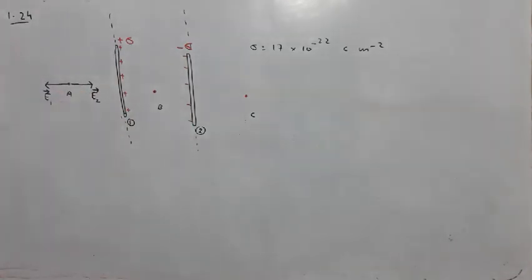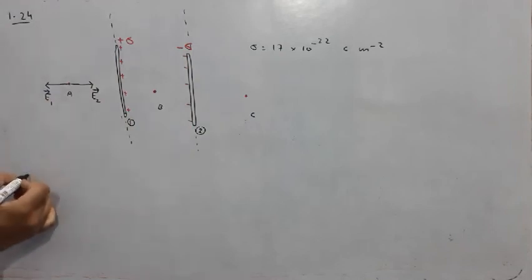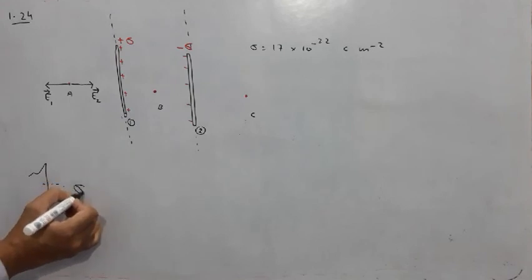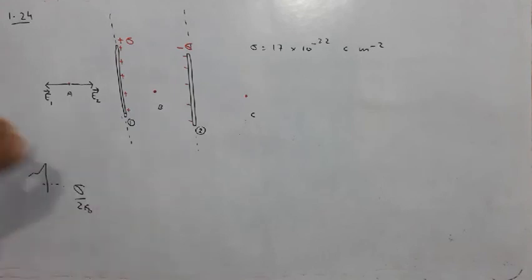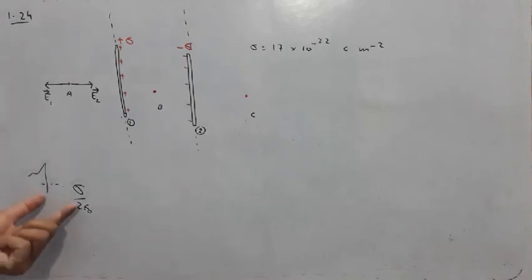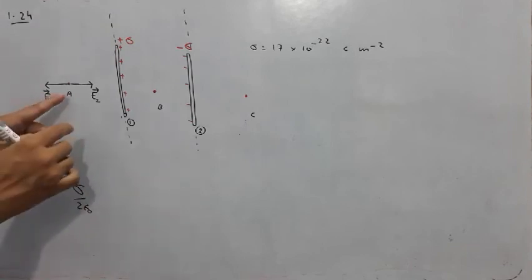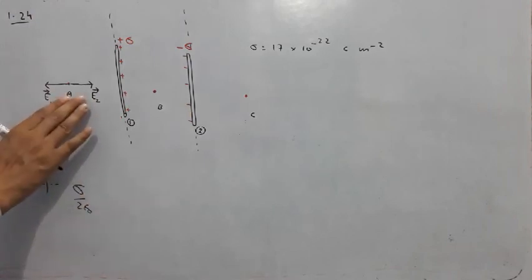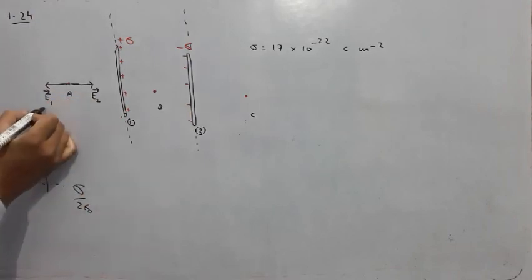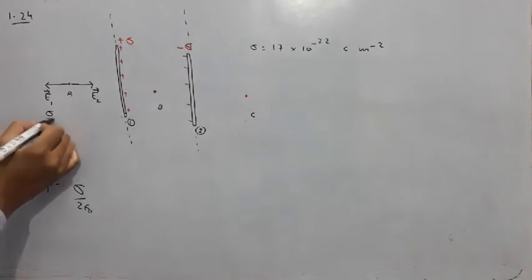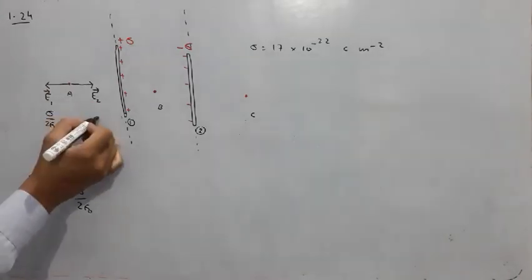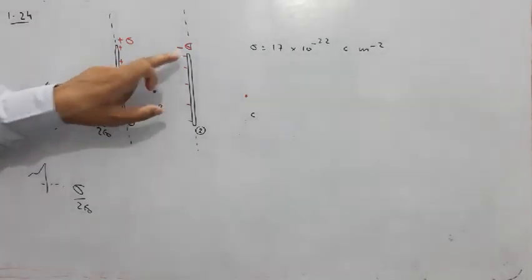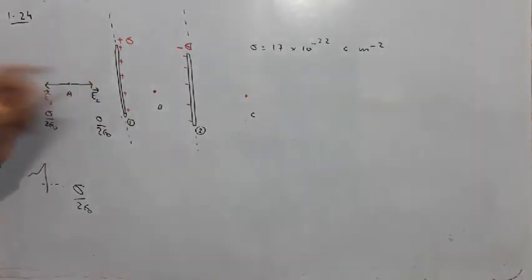Now what are their values? Today itself we have discussed, students, that due to a plane sheet of charge, the electric field at some point is given by the formula sigma by 2 epsilon naught, and I have told you it does not depend upon the distance. So this point is at a different distance from them, but the distance will not come in the formula. E1 will be how much? Sigma upon 2 epsilon naught. E2 will also be how much? Sigma by 2 epsilon naught. Again, here it is minus sigma, that means its direction will be opposite.